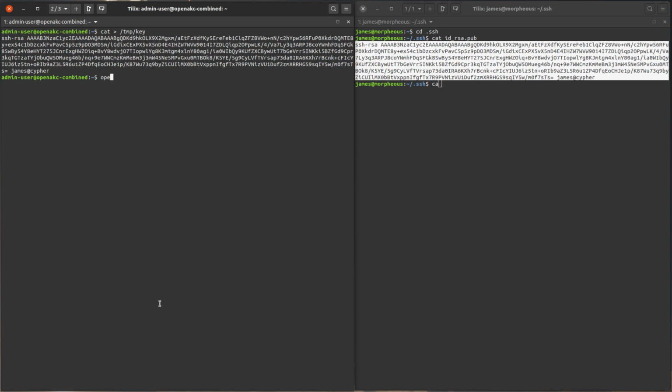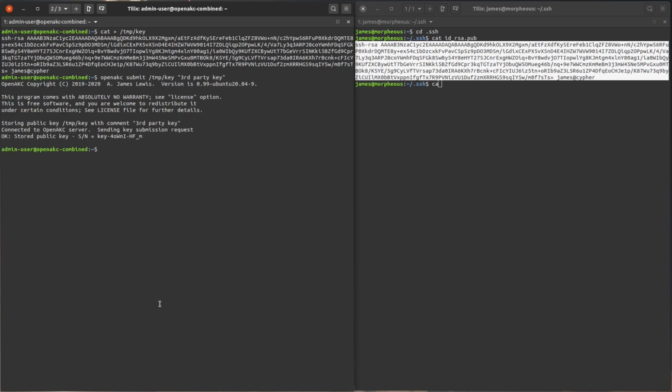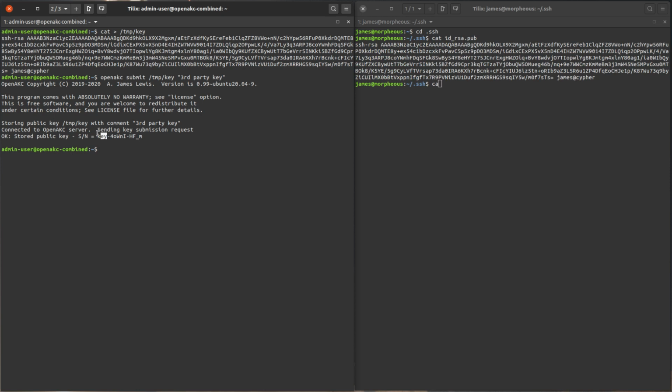So we use the OpenAKC tool, and we're going to submit a key. Submit /tmp/key, and this is going to be comment third party key. So do that, and it's here. It says we've stored the key, and you'll note that there is a serial number that's been assigned to that key, and it's probably worth making a note of that, copying that, because